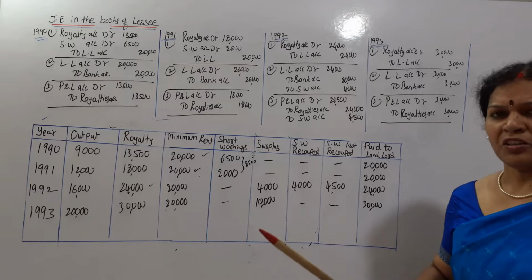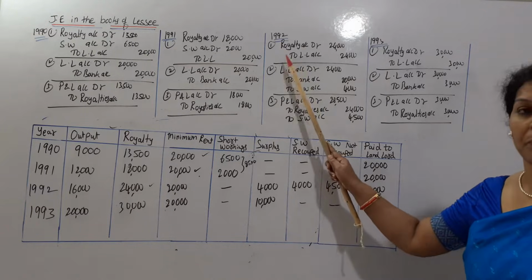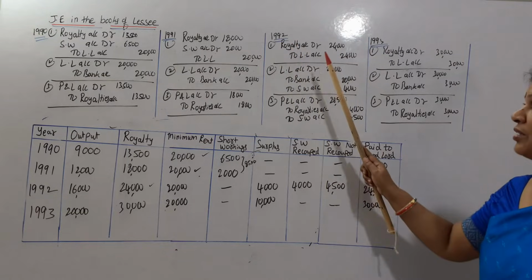We are not creating short workings. We need not mention it in the first entry. Royalty account attached to landlord account. Okay, second entry,